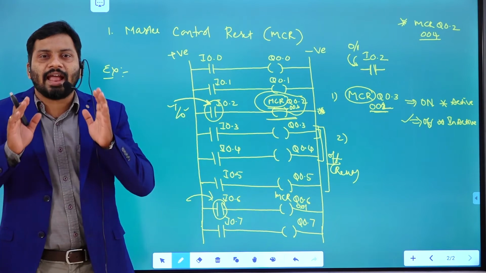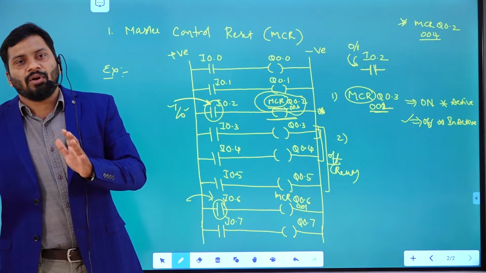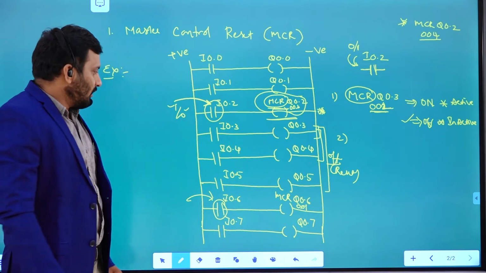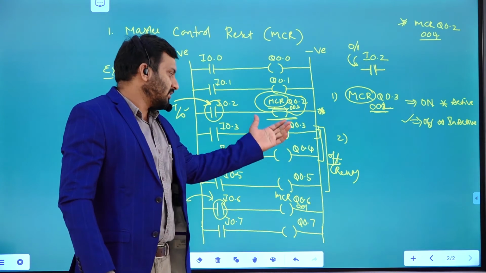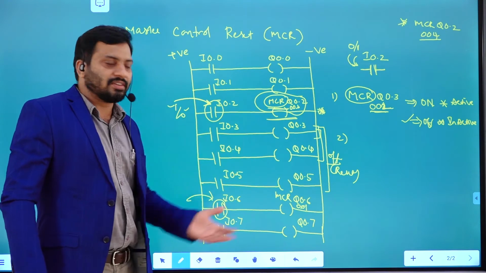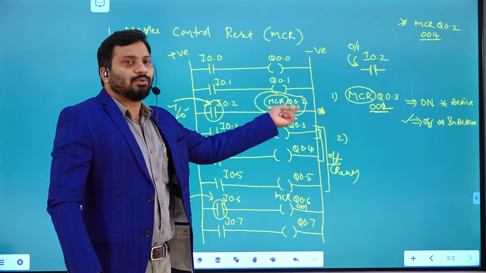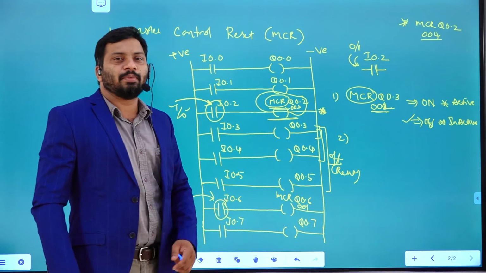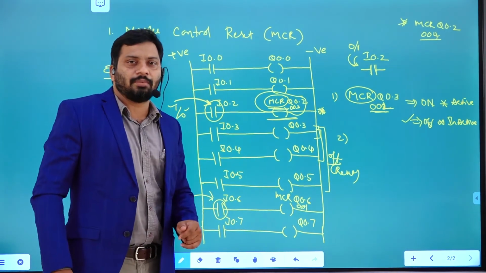If it is in the active state, it is not going to disturb the following rungs. If it is inactive, then, based on the number you place, that many rungs are going to be reset. That means they are going to be zeros, and the outputs are going to move to the off state. Like that, the master control reset instruction is going to work. While executing the program sequentially, if it is in the active condition, it does not disturb the following rungs.